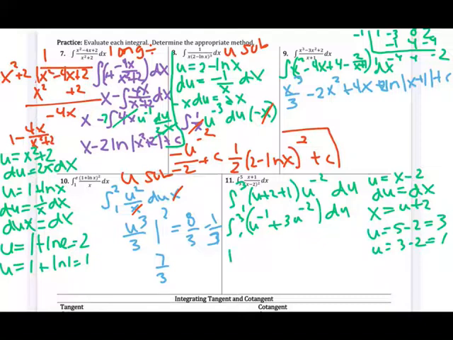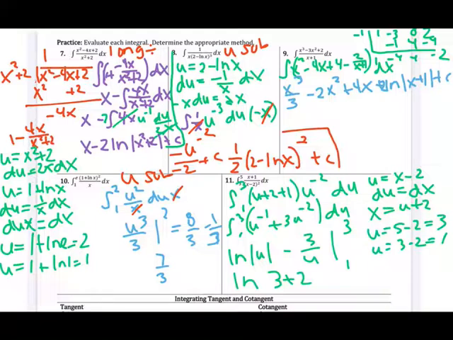When I integrate that, that's going to give me natural log of the absolute value of u minus 3 over u, and we're evaluating that from 1 to 3, which is going to give us natural log of 3 plus 2. All right, very last thing in this section of notes, we're going to talk about integrating